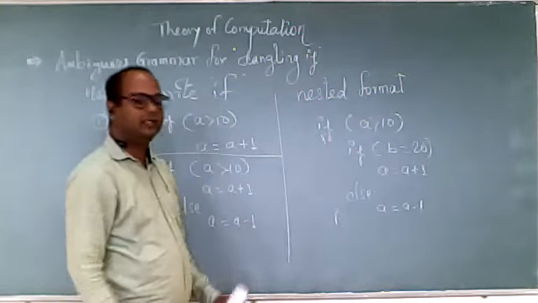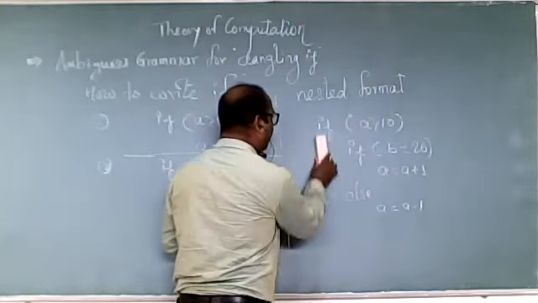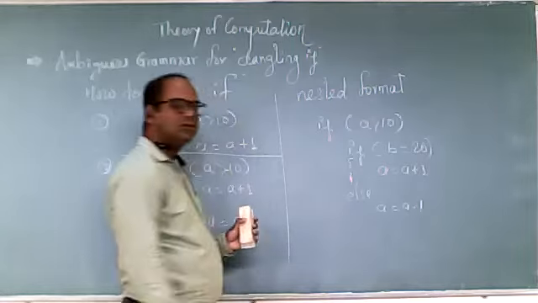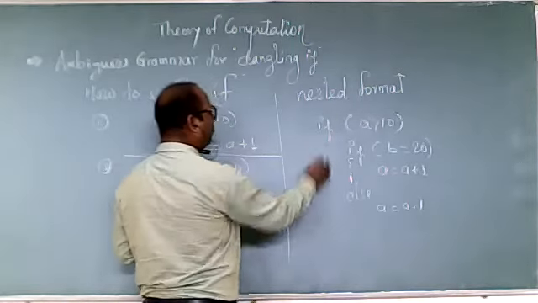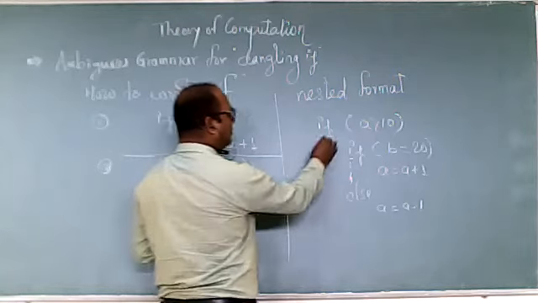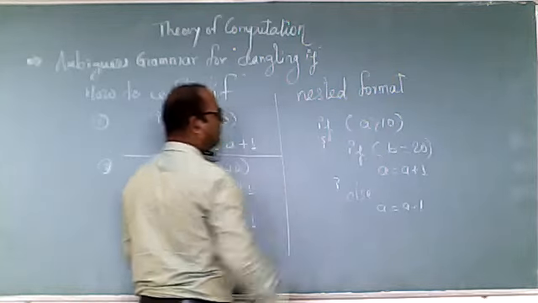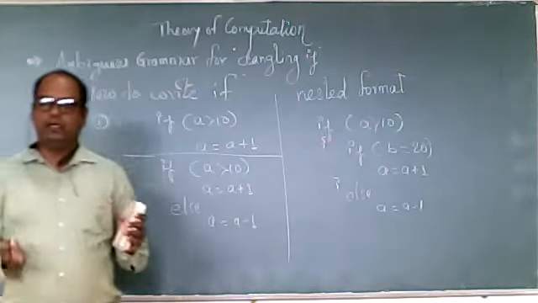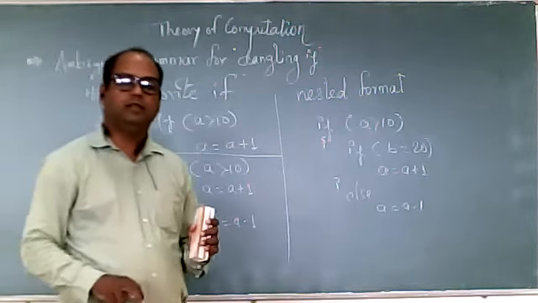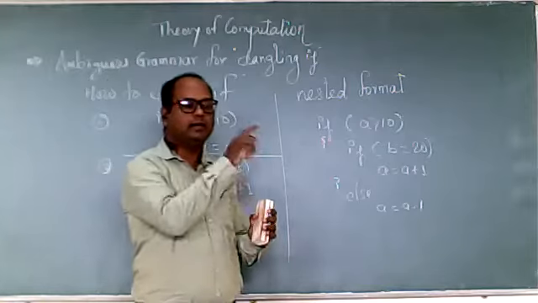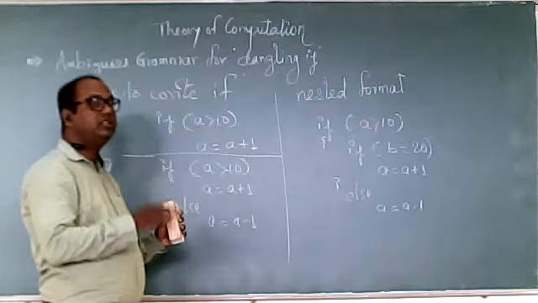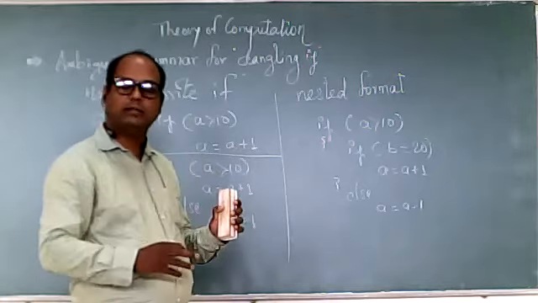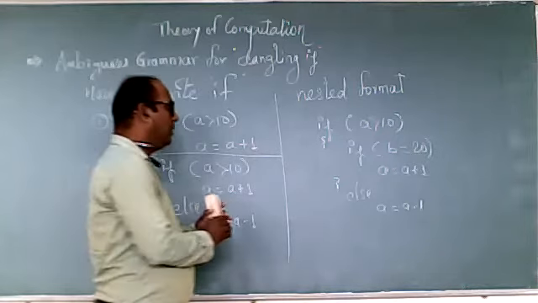If I am writing opening and closing brackets like this, and if I am writing opening and closing brackets like this, then the else part will belong to this. Or if we are writing like this, the else part now belongs to this. So writing the opening and closing brackets becomes essential when we have only a single statement under the if else, because that changes the meaning of the else: which if does the else belong to. That's why the opening and closing brackets are mandatory.